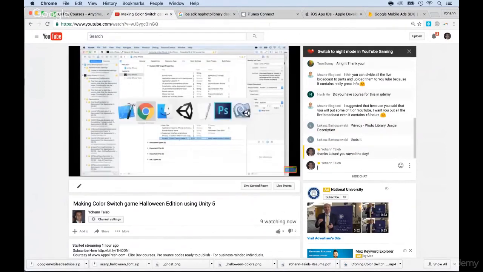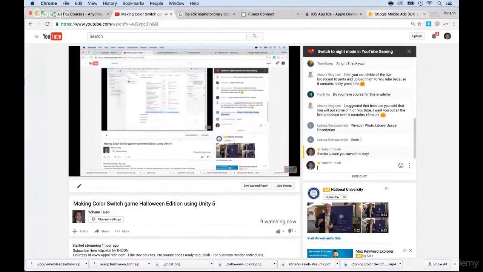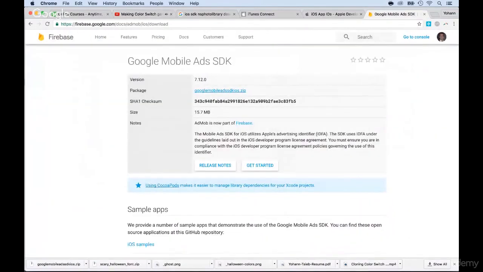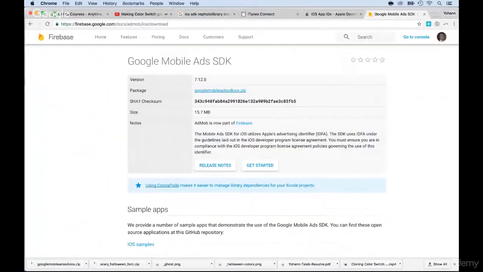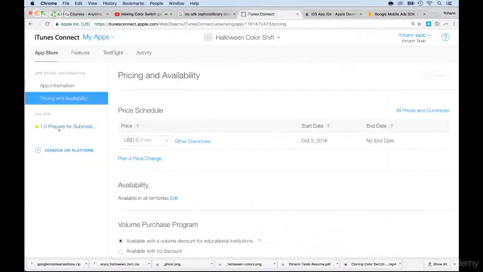All right. Cool. So let's keep on going. Let's look at Xcode. Okay, it's halfway through. I don't think there's anything else I need to add at this point. What you could do is take some screenshots. Yes, because if you look at iTunes Connect, you probably need to take some screenshots right here in the prepare for submission,